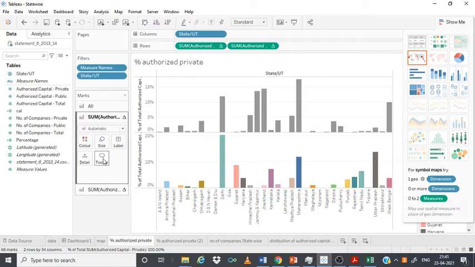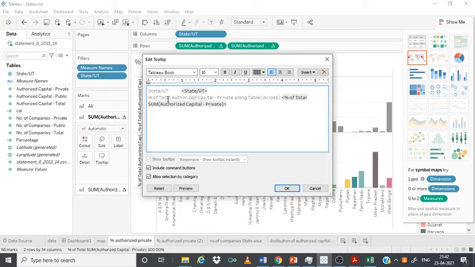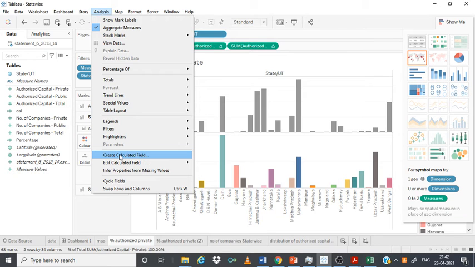It's taking a little time. Okay. Here I wanted to calculate the percentage, so I am putting up the percentage of authorized total capital, and it is appearing here. The formula for this can be arrived at if you go into analysis, then create a calculated field, name it calculation, and then give the calculation here.